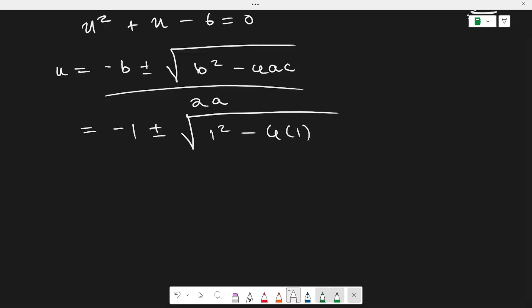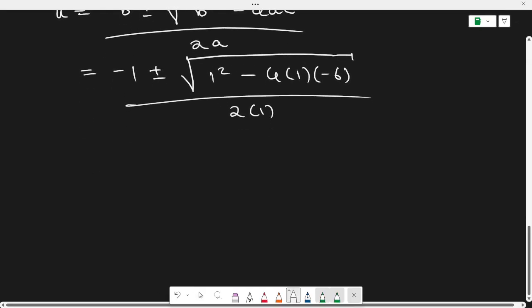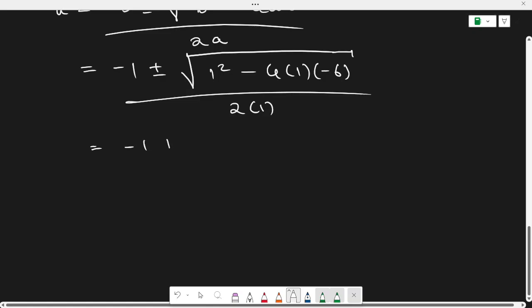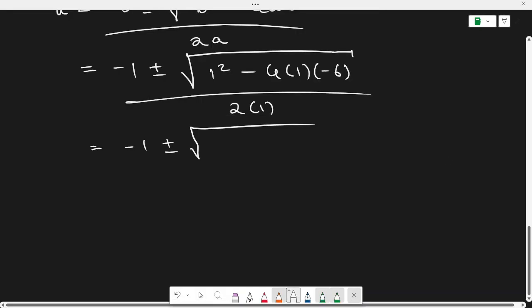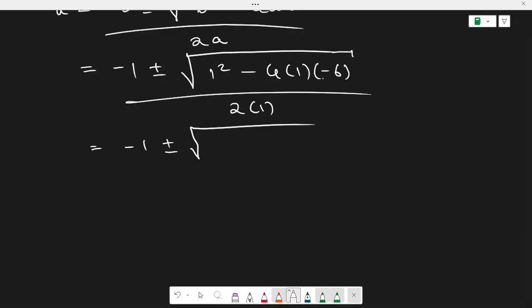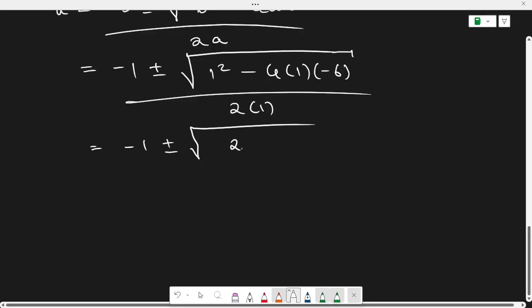Our a is 1. Our c is negative 6 over 2. Our a is just 1. What we get is 1 plus or minus, inside the square root, this is going to give us positive 24 plus 1, and that's 25, dividing over 2,